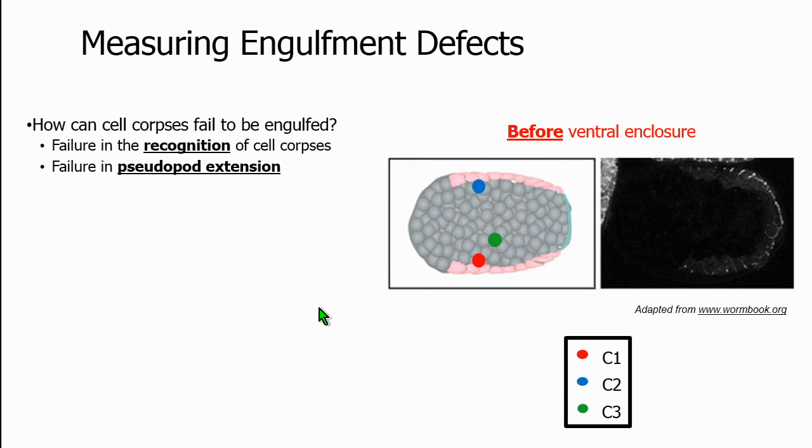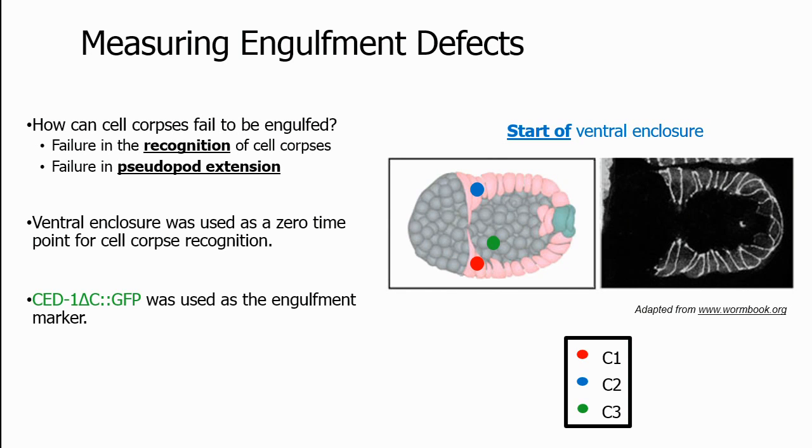So we wanted to describe this engulfment defect a little bit more. The problem is that cell corpses can fail to be engulfed in a couple of different ways. Either the engulfing cell can fail to recognize the cell corpse as a whole and not initiate the process to begin with, or the engulfing cell can recognize it but fail to form a phagosome because pseudopod extension is defective. Unfortunately, although pseudopod extension is pretty easy to detect because you can just label the growing pseudopods, measuring defects in recognition is more difficult because you have to measure the beginning of engulfment relative